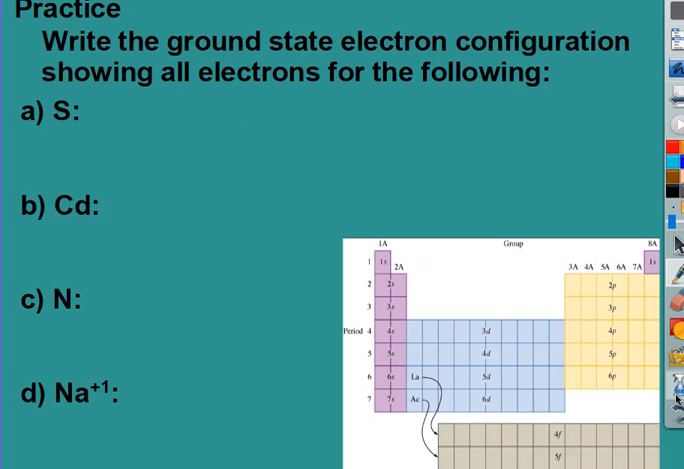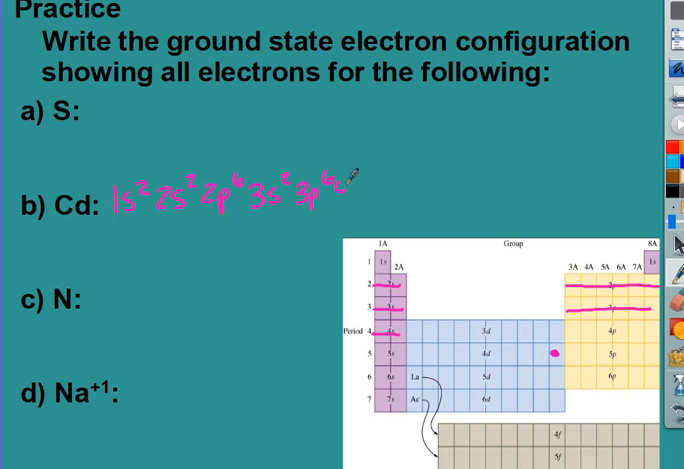So one more together, let's do cadmium. So cadmium is right here. So we would go through the 1s, then the 2s, then the 2p, then the 3s, then the 3p,